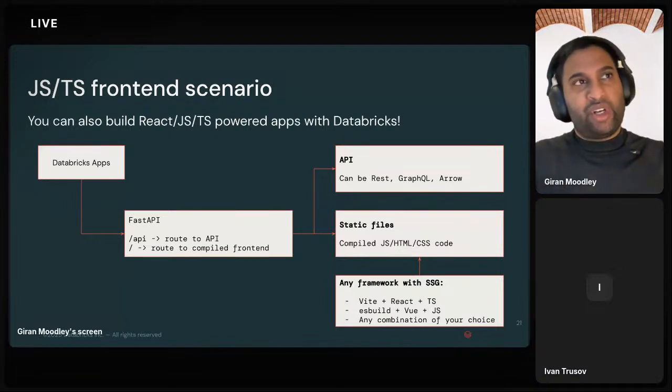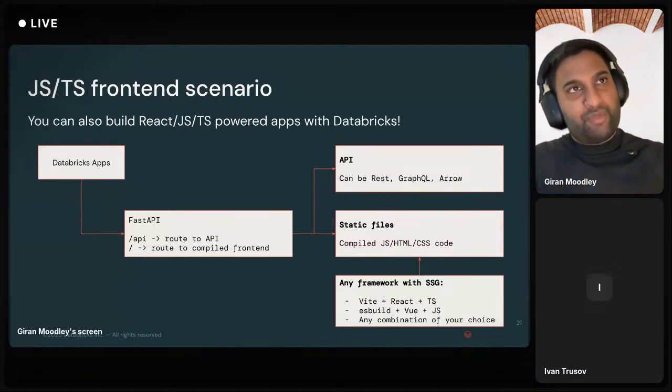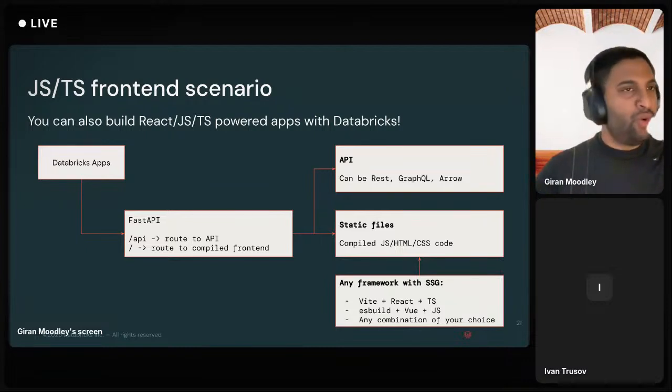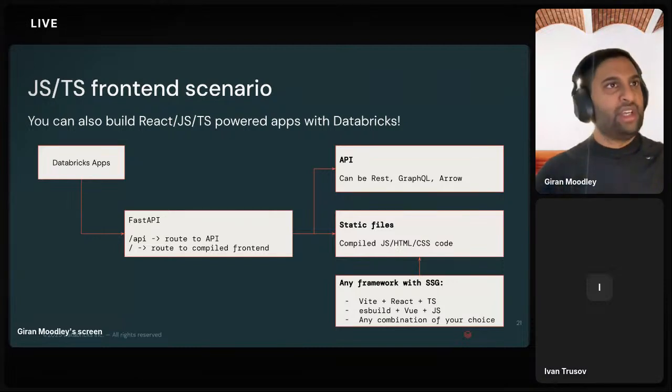And the way that it works is we can do certain routes behind it. So we'll have a separate API route for the backend call. So if you want to call a microservice or you want to call on a SQL warehouse, again, that can be supported through this paradigm. So again, Ivan will talk you through that in a bit more detail, but rest assured, yes, this is us working together to help build that scenario.